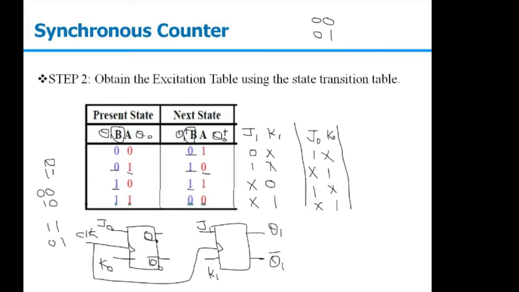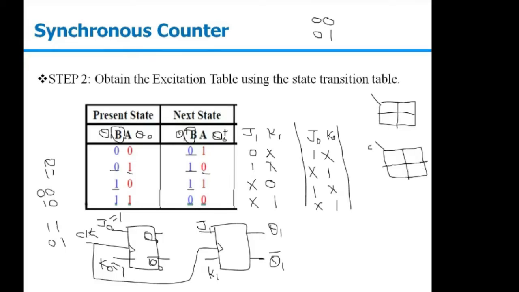So now from here, if you see, your K naught will be 1 and J naught will be 1. You can solve the two variable K map for Q naught and Q1. All pairing will be done. So J naught is 1 and K naught is also 1. Then we will solve the K map for J1 and K1. So two variable K map for J1 and two variable K map for K1.